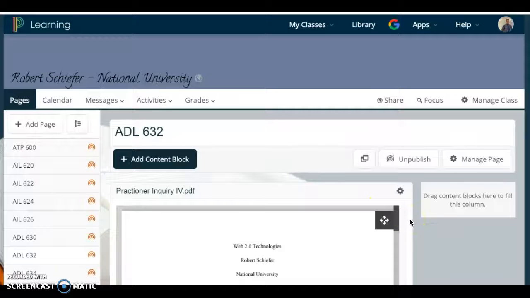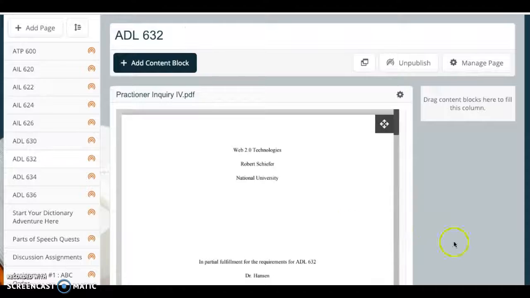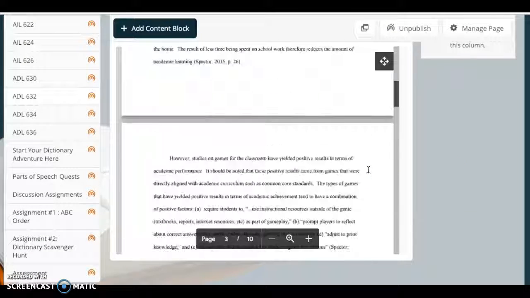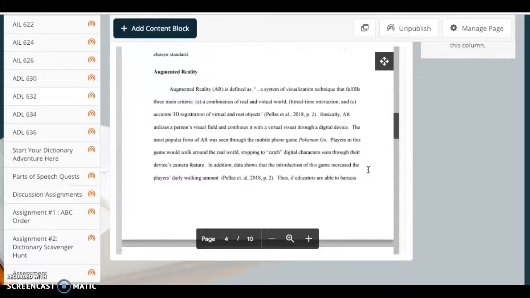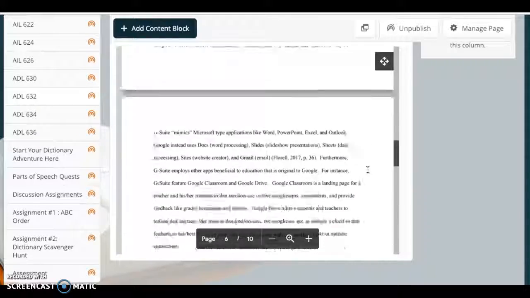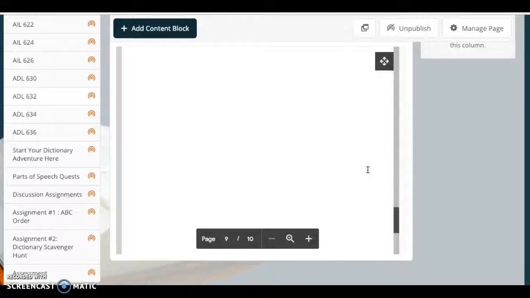In ADL 632, I wrote another research paper on Web 2.0 technologies. In it, I researched game-based learning, augmented reality programs, AR in other words, Google's G Suite,